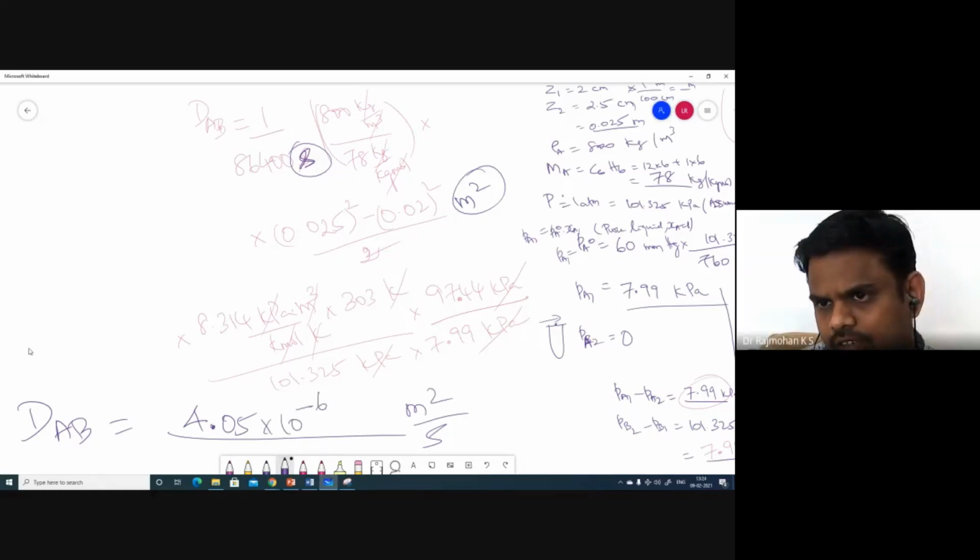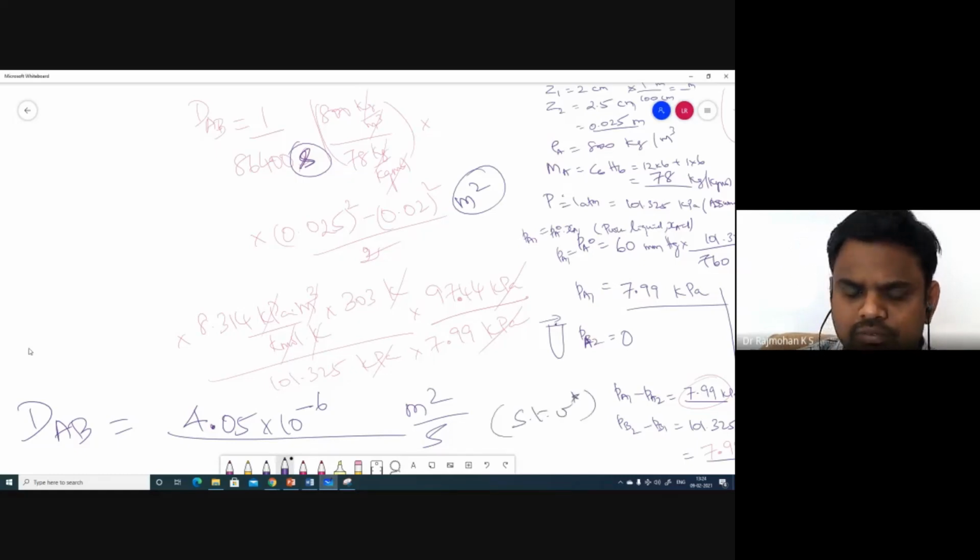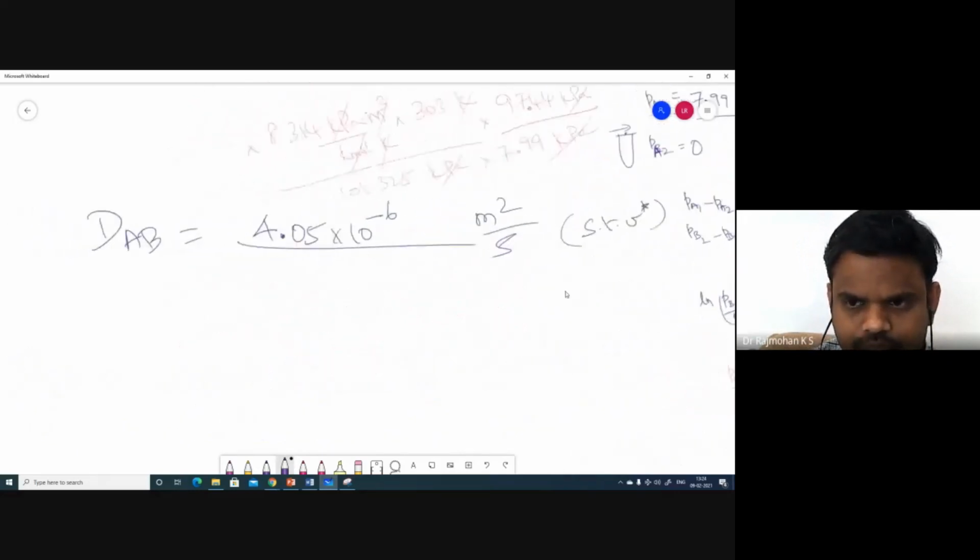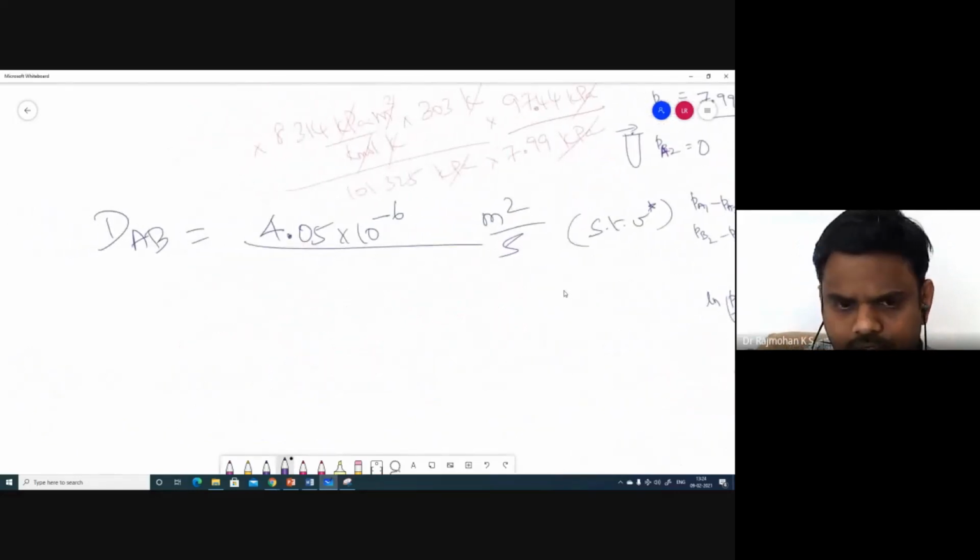Okay, have you checked all these values? So you are just following any other answer you are getting, whatever calculation we did. Okay, so this is the value and subject to verification. So this is the answer.